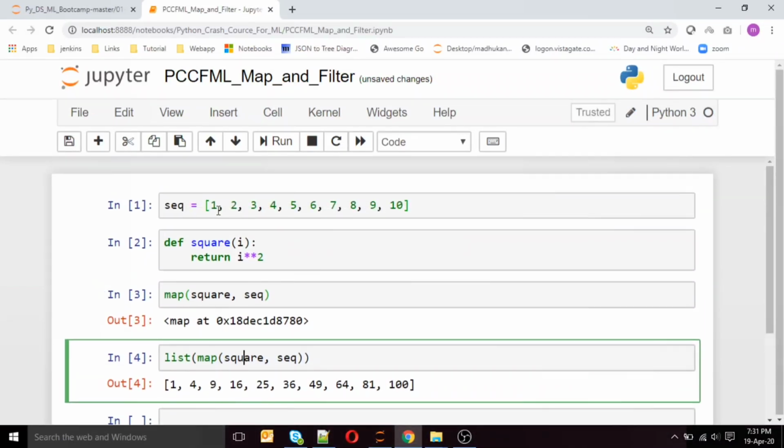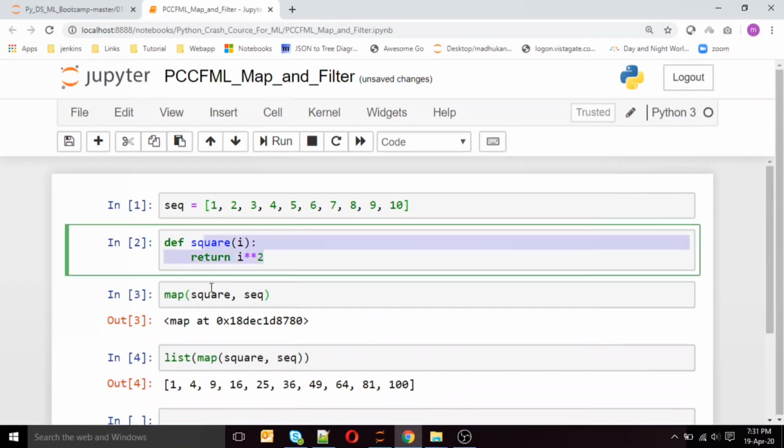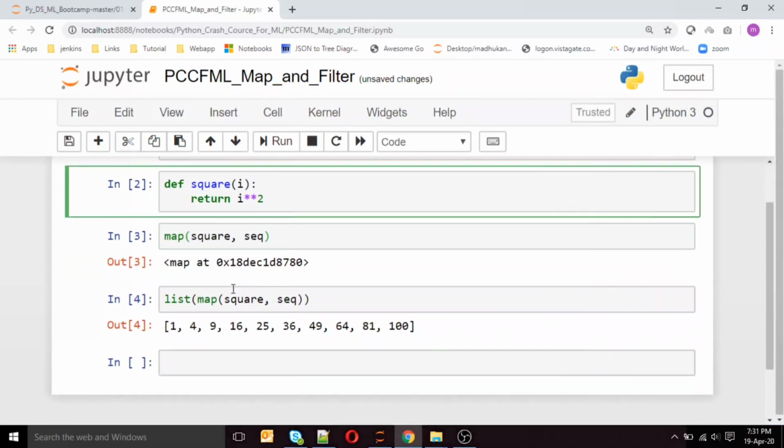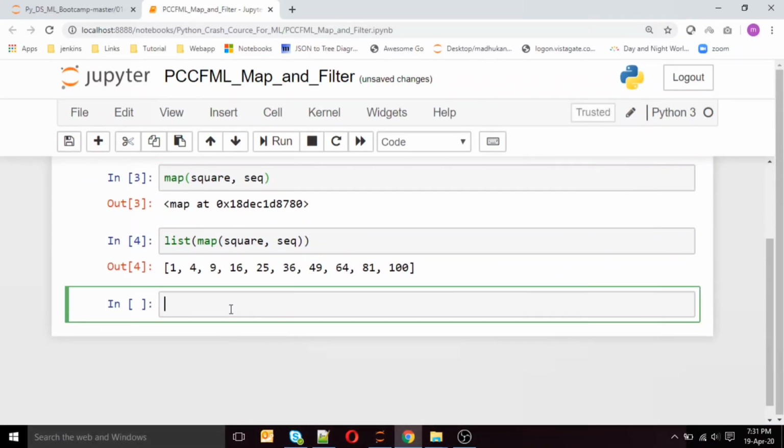You can see that using a square function inside a map is a cumbersome process, and it's taking too many lines of code. But I can do it easily in one line using map, instead of creating a function earlier and using it again and again.